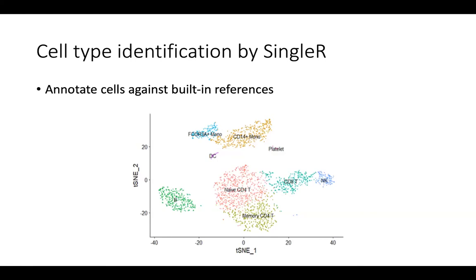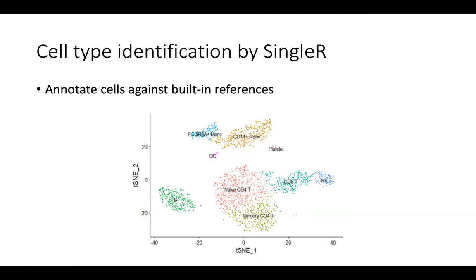The other way is to automate identification of this, because sometimes manual curation can be a little bit arbitrary. There are cases where, for instance, CD8 T and NK cells could share a few markers and the expression could be very similar. So how do you really distinguish between these two? And so there are software tools and algorithms that can automate some of these assignments. And one tool that we use is called SingleR. It's widely used in the field,